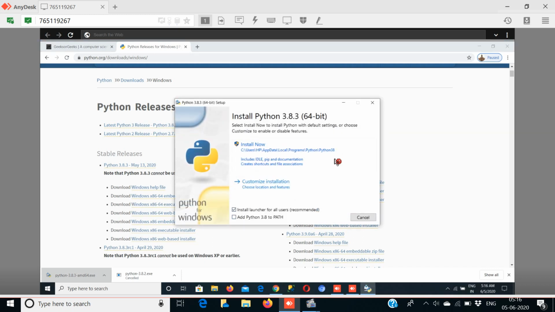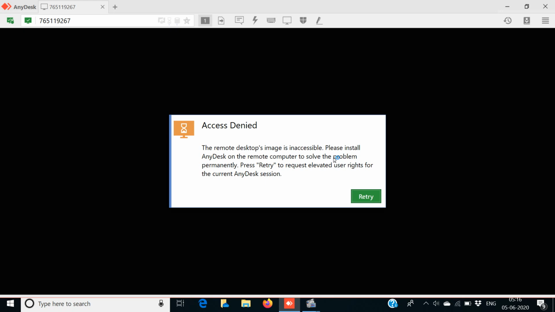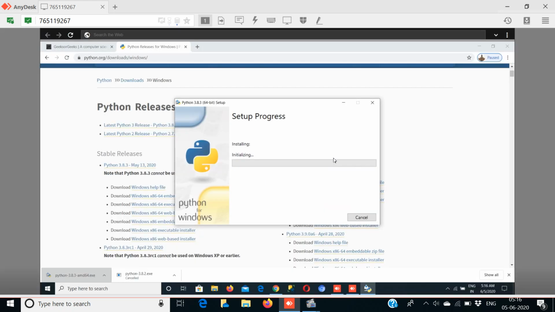Now we will add to PATH. Simple install now. It may take a while. Please wait.